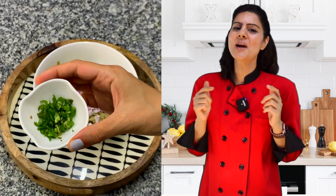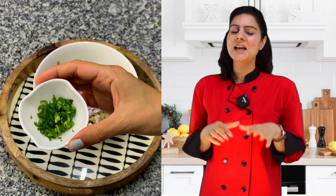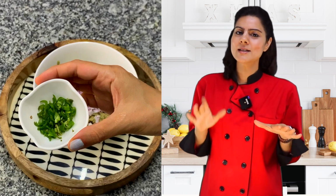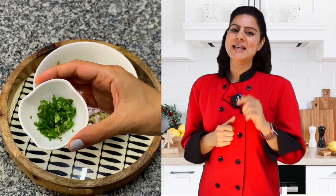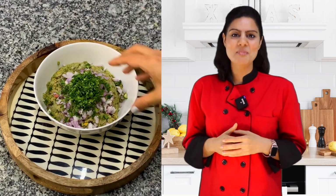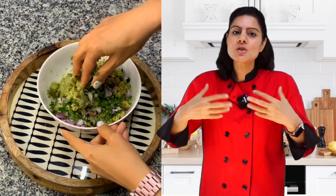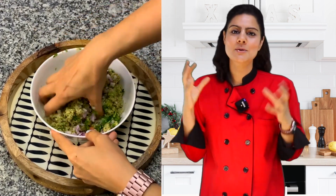And of course, if we are adding chopped onions, we might as well go for the green chilies too. These are de-seeded, without the seeds, so not that spicy. But if you think it's getting a little spicy for you, please skip it. Now lots of chopped coriander and time to give it a good mix. Make sure it is mixed well so every bite is a mouthful of all the flavors that we have added